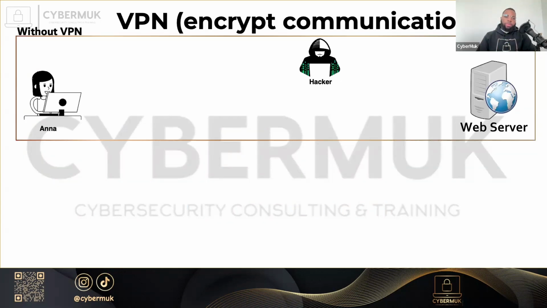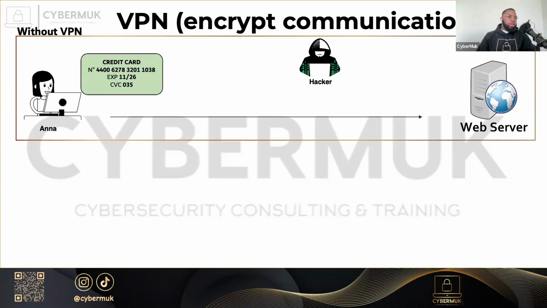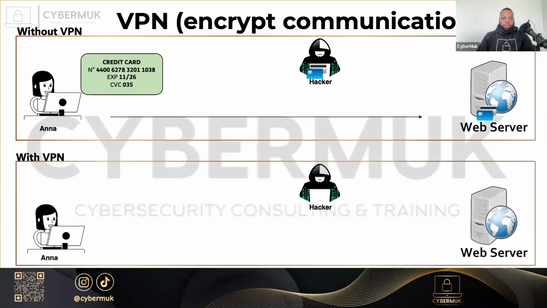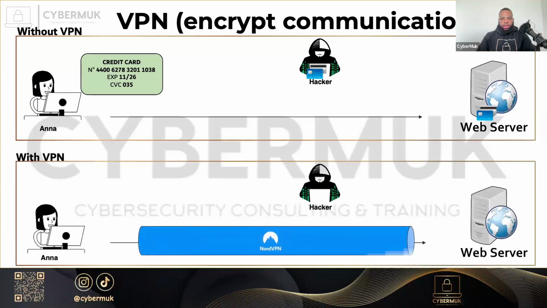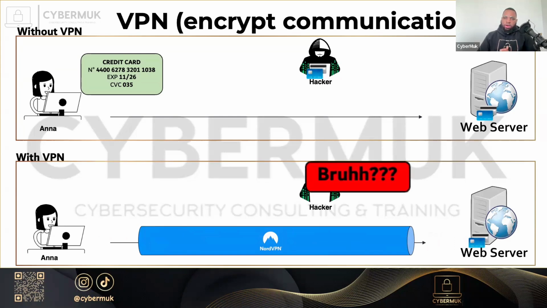Another way in which you can use a VPN is to encrypt communication. So suppose here you have Anna who is trying to make a payment, posts her credit card on the website with the expiration, billing address and everything. When she posts her credit card, a hacker can get a copy with the right tools like Wireshark and all the network configurations. But if Anna uses a VPN like NordVPN, when she tries to upload her information, the hacker will not be able to get the details of her credit card and all